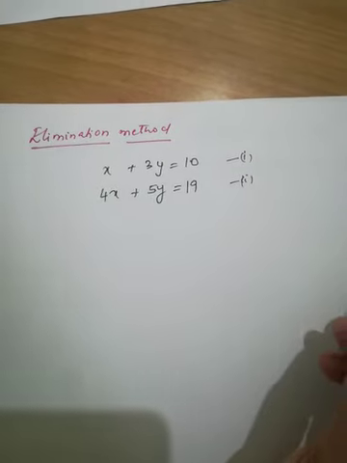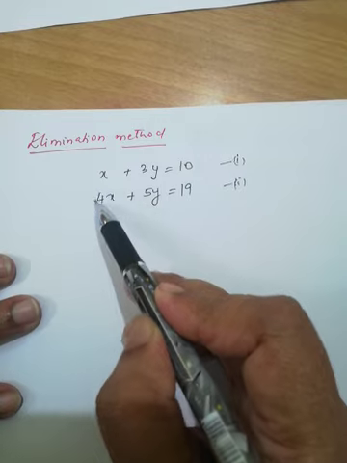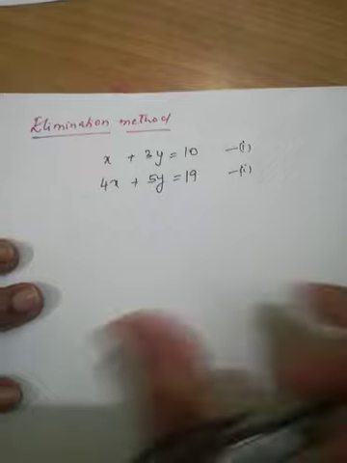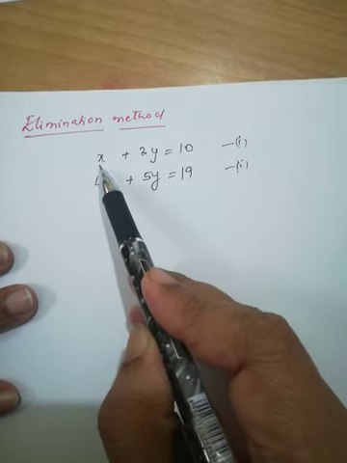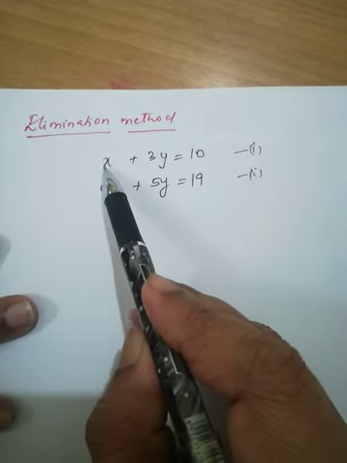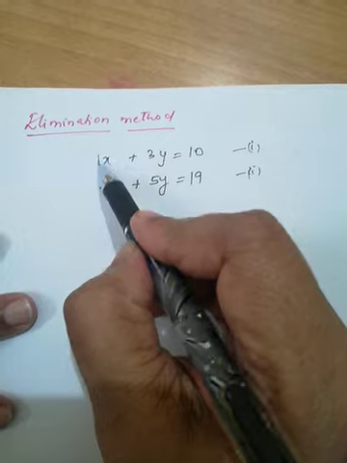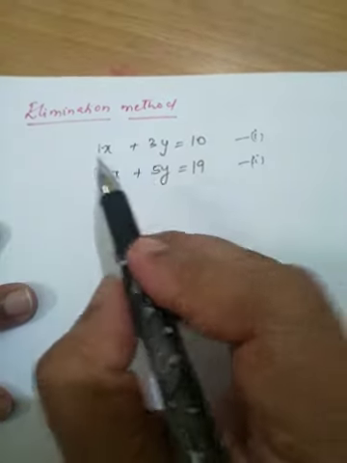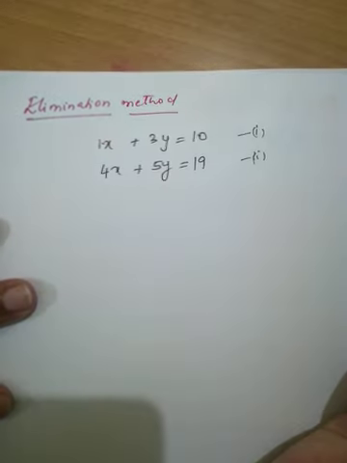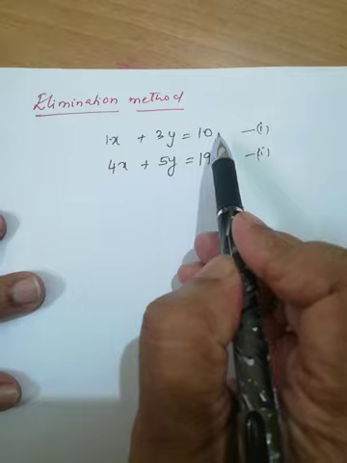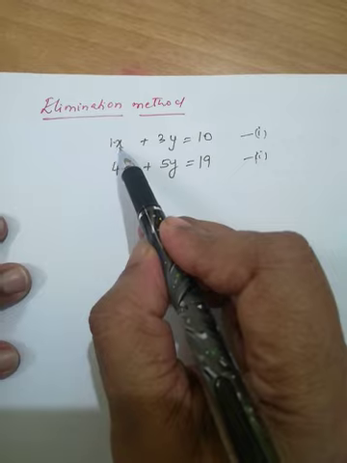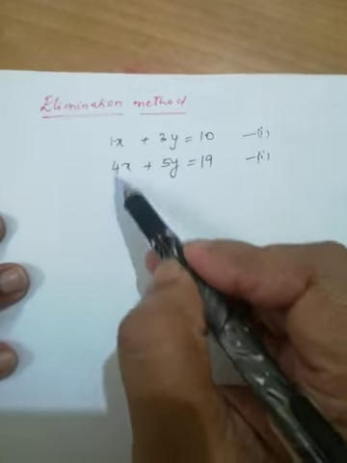For that, the first method is to make the coefficient of either x or y equal. Okay, how to make it equal? If you want to make the coefficient of x equal, we will take the smallest number, not a big number. So here it is 1, right? And 1 and 4, the LCM is 4. So 4 is the smallest number. So we will multiply this whole equation by 4. We can do it on the left hand side as well as the right hand side. We'll multiply equation number 1 by 4. That's what happens. This will become 4x then, and the coefficients become equal.